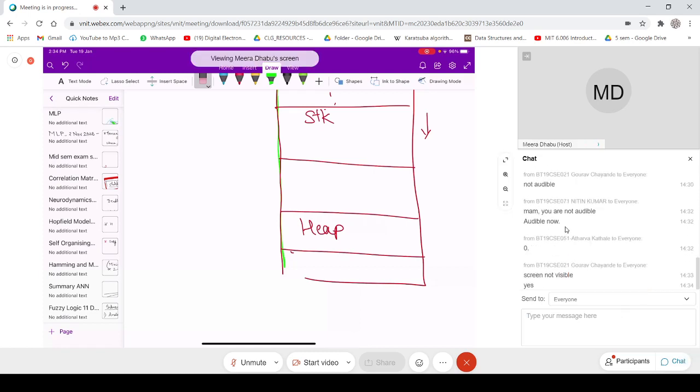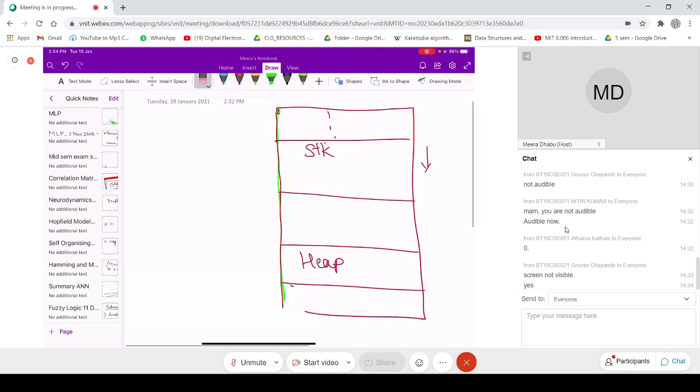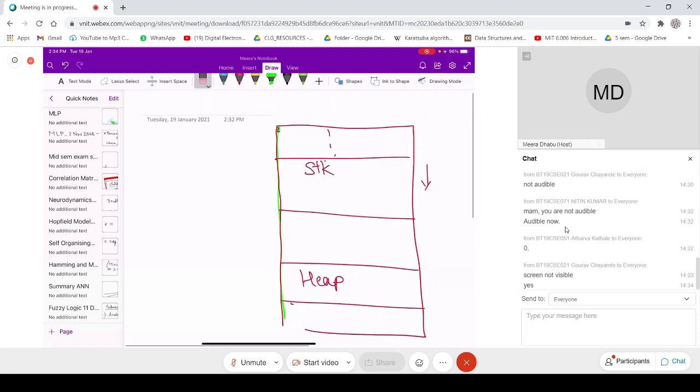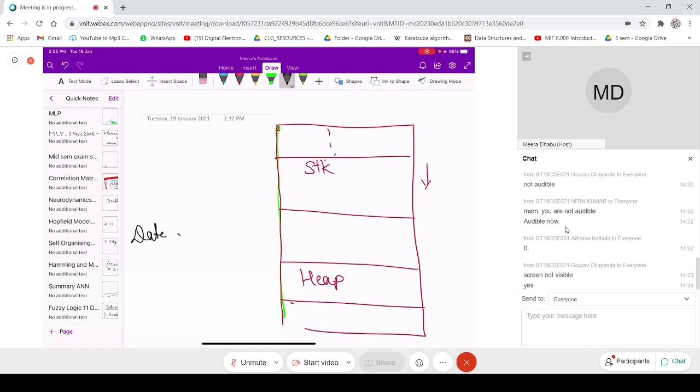Okay, fine. So in Java, try to understand that if I say Date D1 is equal to new Date, then I'm using a new keyword. So memory will be allocated on this heap.